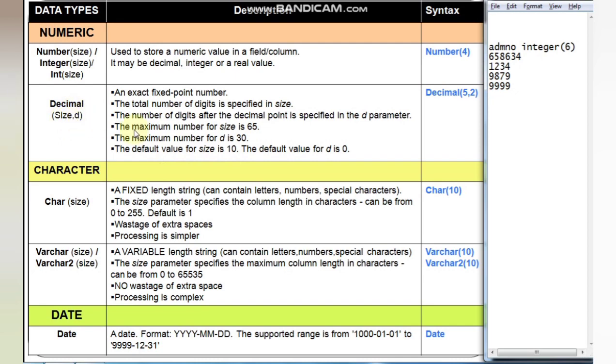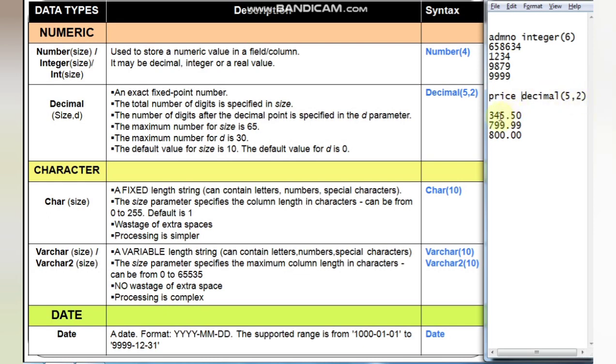If you do not mention anything, by default it will take the size value as 10, and the default value for D is 0. So for example, if you write decimal 5, 2, let me give you an example. Suppose I have taken one field name as price and written decimal 5, 2.